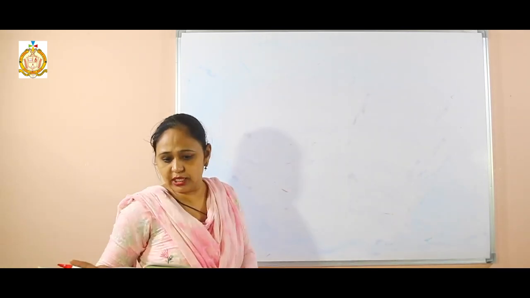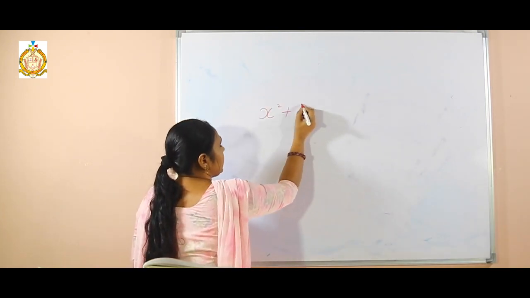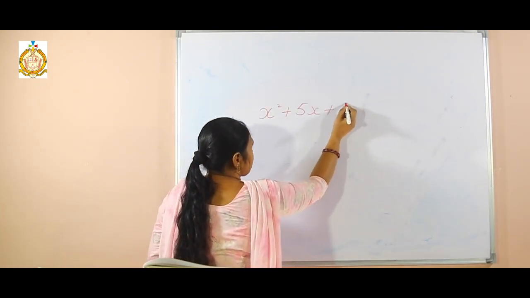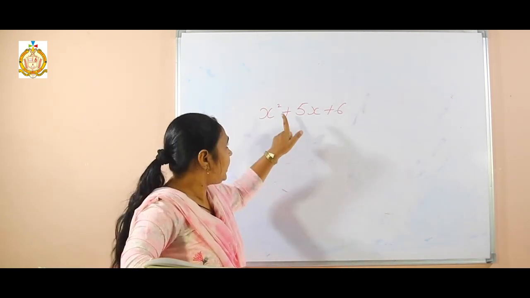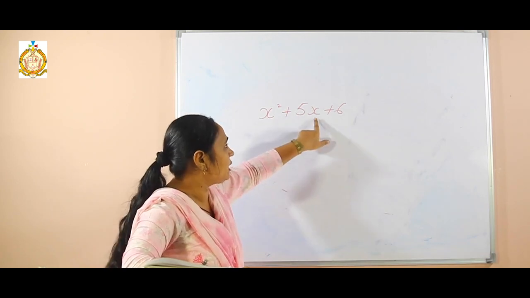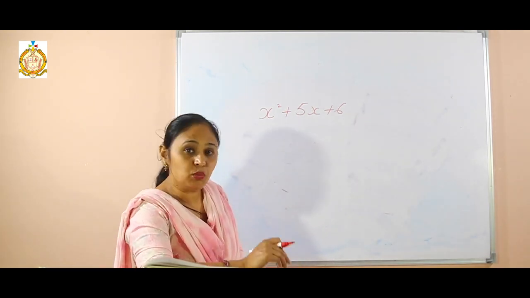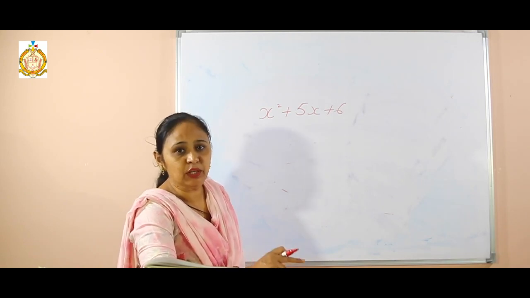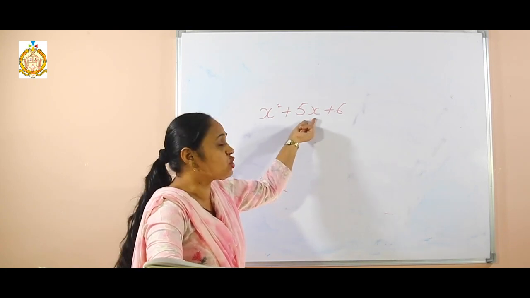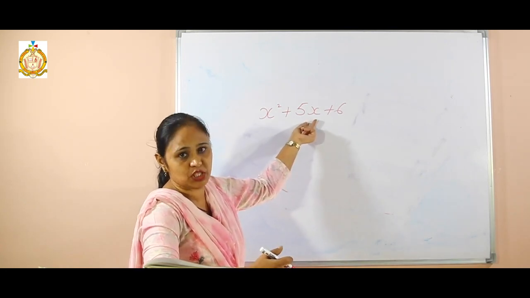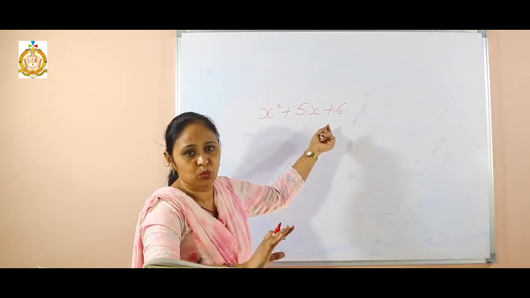Now the first expression is given: x square plus 5x plus 6. Now I can see not a single number can be taken common. Here x square is present, here x is present, but x is not present here. Then what to take common? But we want to do the factorization. Then we have to split this middle term and make it 2 terms. Then how is it possible? Don't take it like 2 plus 3 or 1 plus 4 randomly. There are some rules for it.